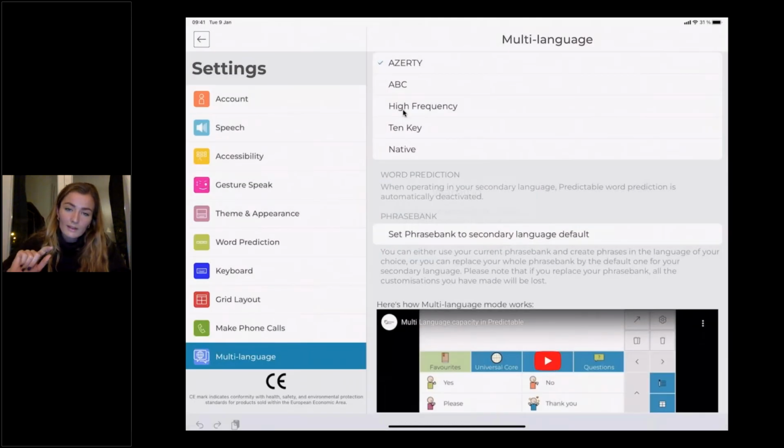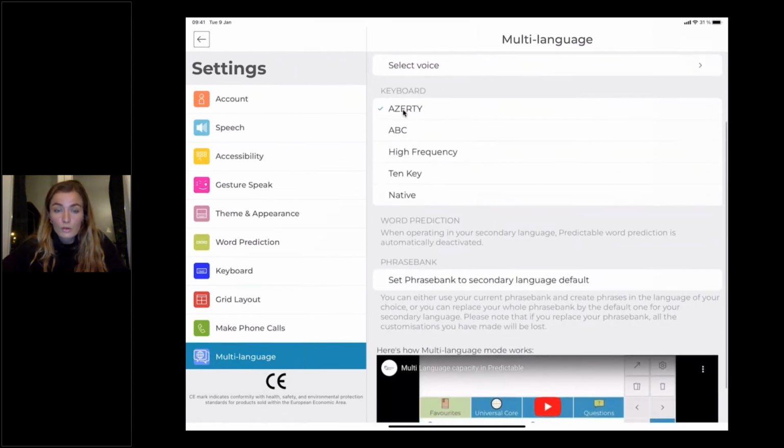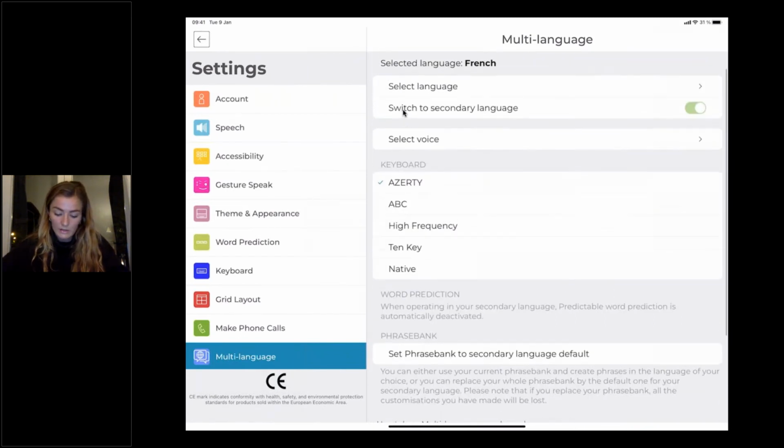I'm not going to do that because I created new phrases just a few minutes ago, and I don't want to lose these new phrases. But if you speak 2 languages, depending on the language that you use the most, you can have your phrase bank in either one of these two languages. I want to keep it in English because I live in the UK, so I speak English more than I speak French. So I'm not going to replace my phrase bank.